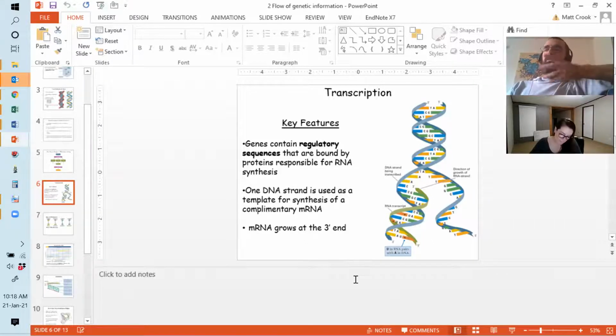Let's say you've had a glass of wine, and your liver goes, "Oh, alcohol. We need to get rid of that because it's a toxin." And so your liver cells will need to start expressing a gene called alcohol dehydrogenase, which basically turns ethanol into something that's less toxic. So that gene will have regulatory sequences which will recognize it, bind to it, and then initiate the process of transcription,